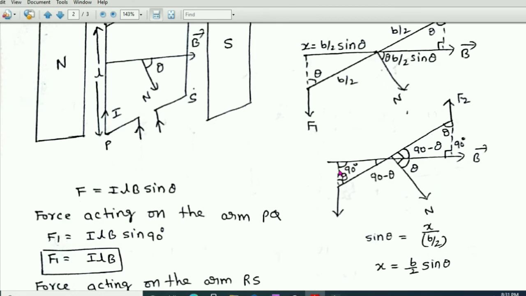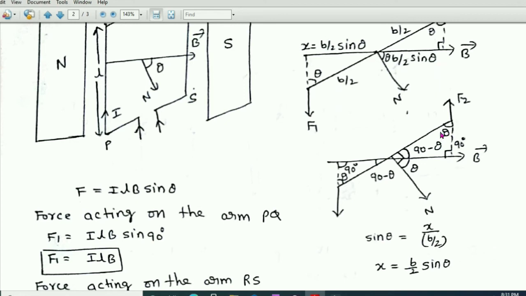Similarly, if you apply the same theory here, if it is 90 minus theta, it's a symmetric angle, it is also 90 minus theta. So at this point these two are normal. At this point the angle is 90 degrees and this angle should be theta because it is 90 minus theta and it is 90 degrees. So 90 plus 90 minus theta, and at this point the angle should be theta. Then it gives a total of 180 degrees because it is a triangle. The total angle for the triangle is 180 degrees. Now at this point it is theta.